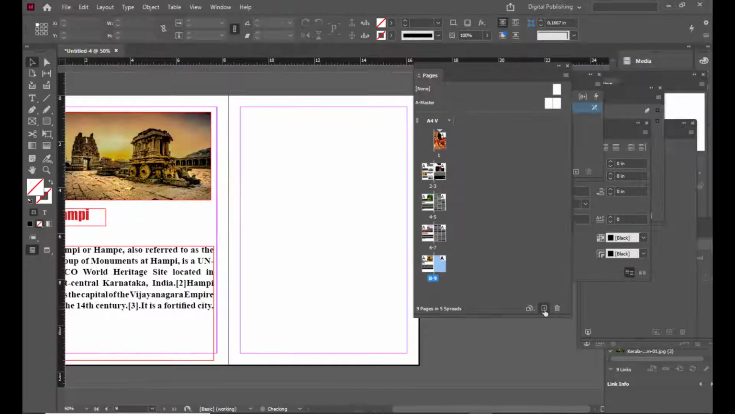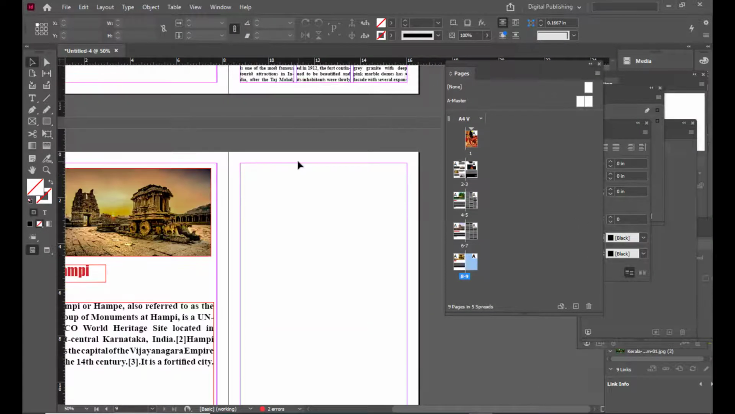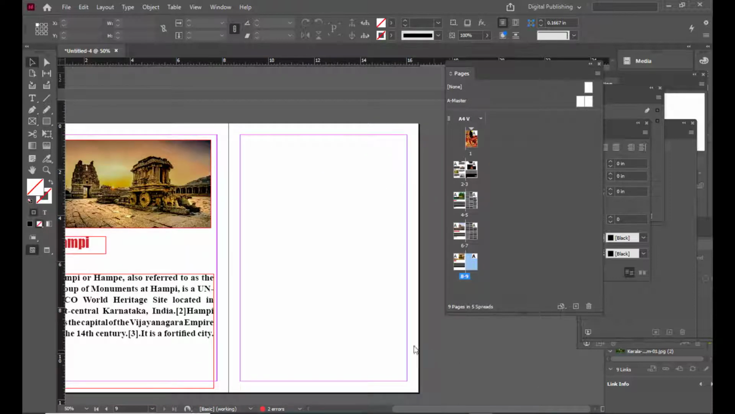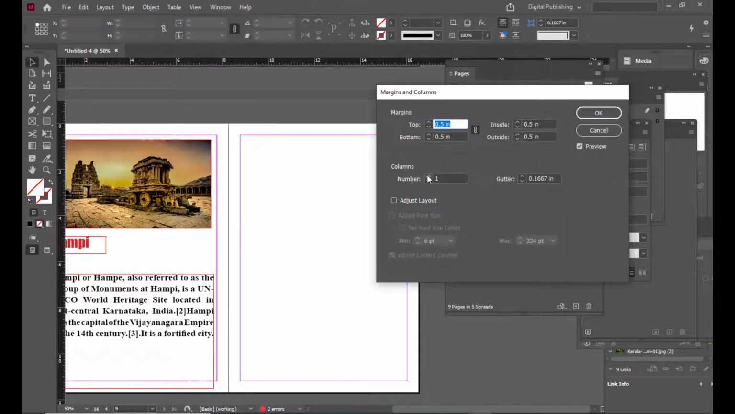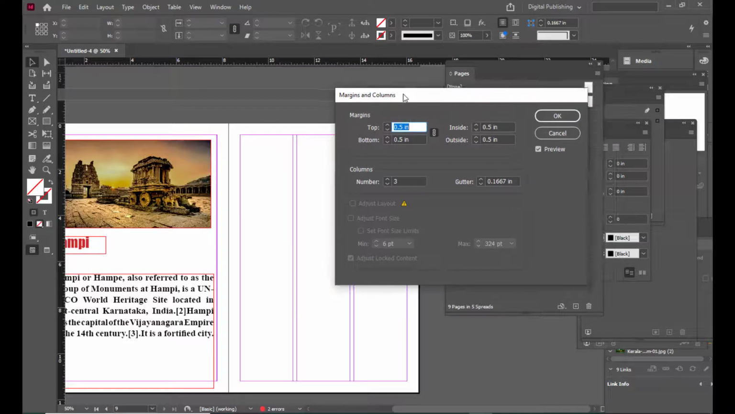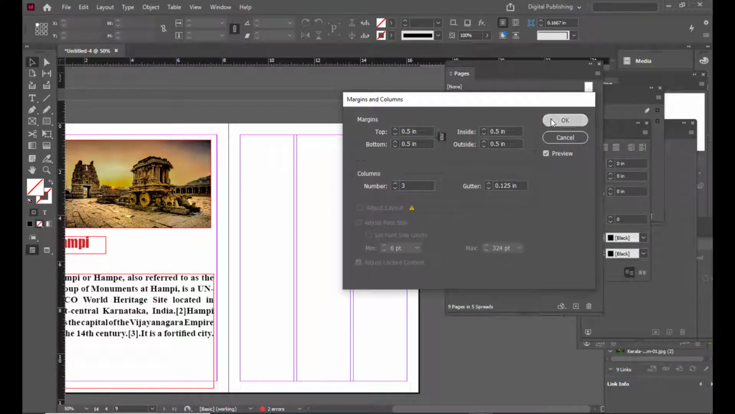So then we will just create a page to the right and we'll do the same thing. We'll create 3 columns, go to layout, just select margins and columns, just create 3 columns and just reduce the gutter size, and then